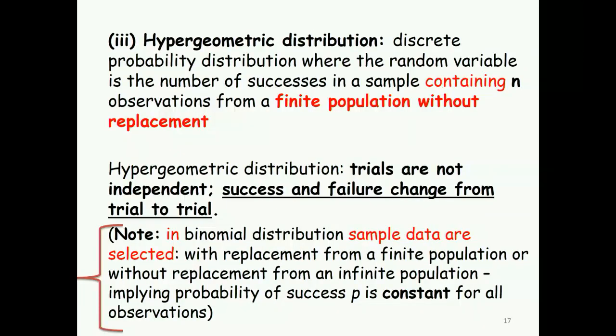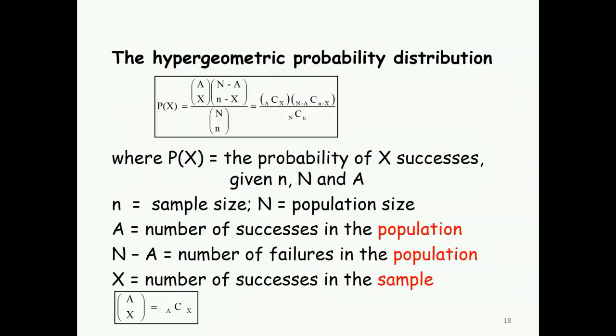So in the case of hypergeometric, how could you differentiate the question? Usually, in the previous question, only n is given. n in binomial is not capital N. It is the size of the sample. In the hypergeometric, you need capital letter N, which is the population size. Small n is the sample size. So this information is important.